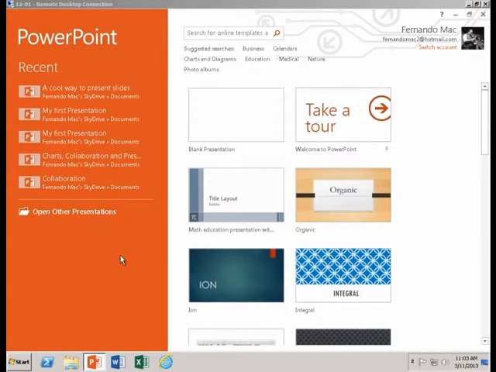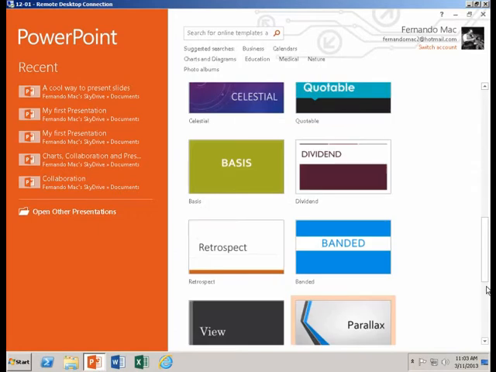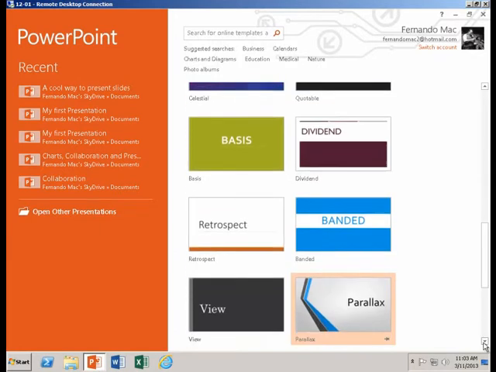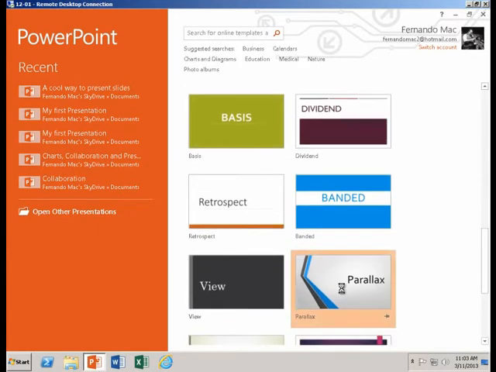Every time I start Microsoft PowerPoint, on the left-hand side I see a list of recently created and saved documents. And on the right-hand side, I see a list of suggested templates. I'm going to start with one of these templates. I'm going to scroll down, and I see one labeled Parallax. I kind of like the look of that, so I'm going to click on it to start with, and then